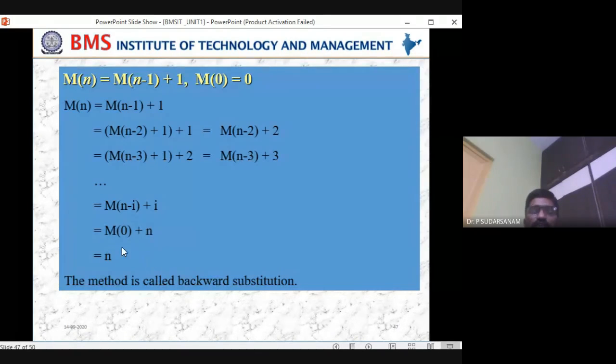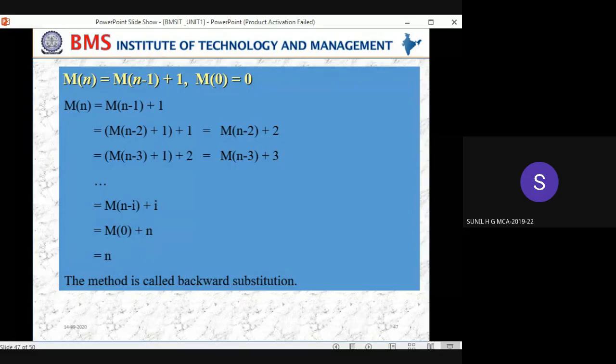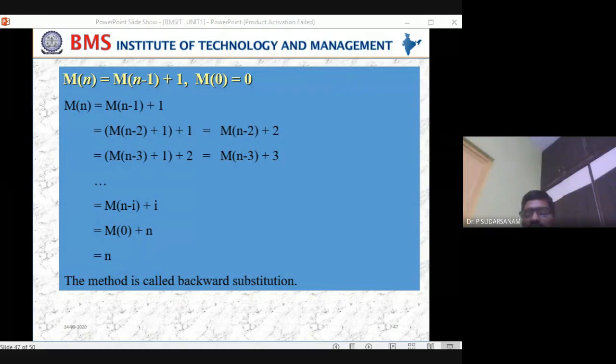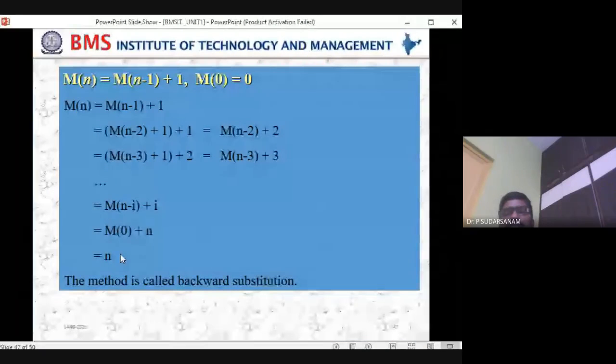Now how many times is the statement executed in your program? N times. What is the average in this program? Also n only. So there is no best or worst case. Whatever you solve in the recurrence relation is called the average case also, you can write it. If there is no best or worst case, we can stop there itself. No need, just for understanding purpose I'm telling.